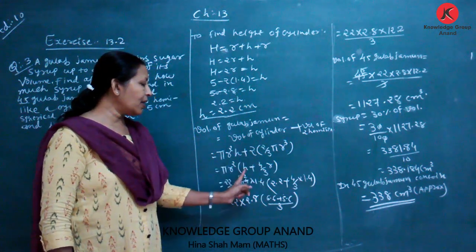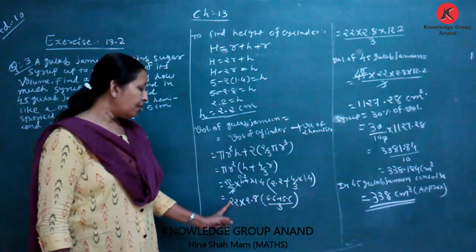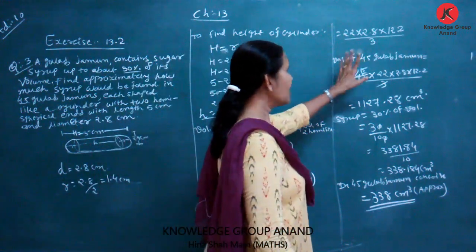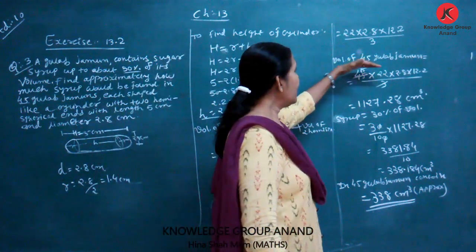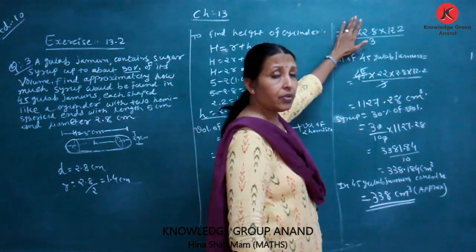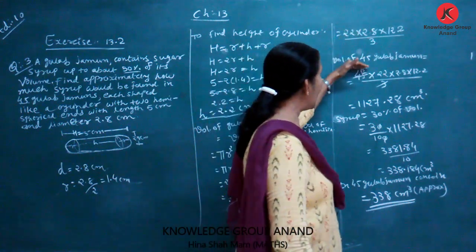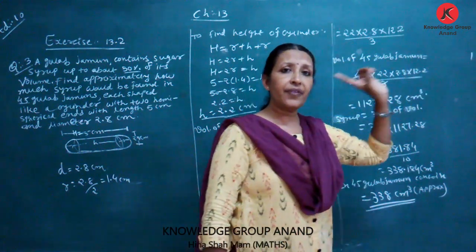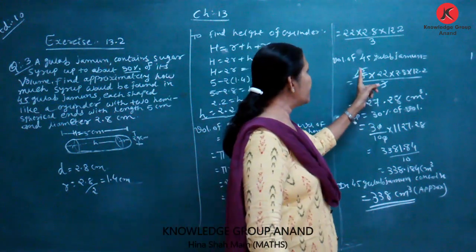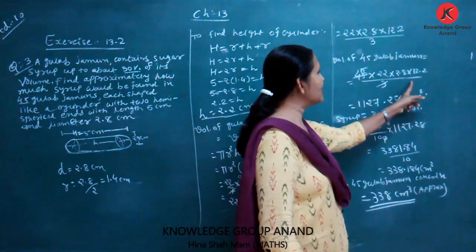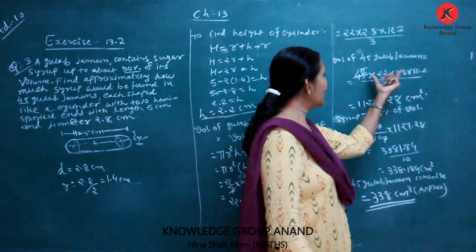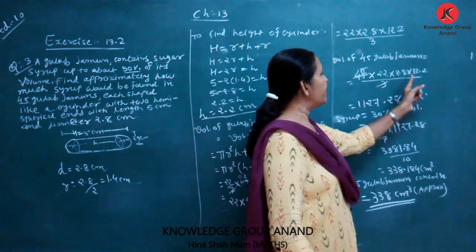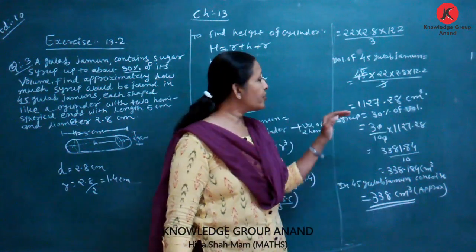Then pi r square common, h plus 4 by 3 r. After finding the volume, for 45 gulab jamuns we multiply by 45: 15 twos are 30, 3 multiply 2.8 multiply 12.2 is equal to